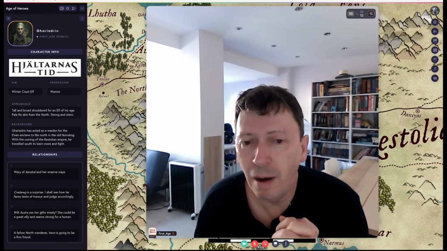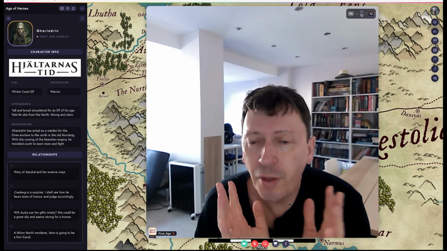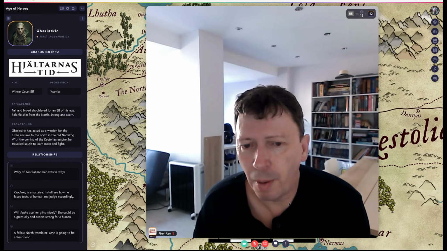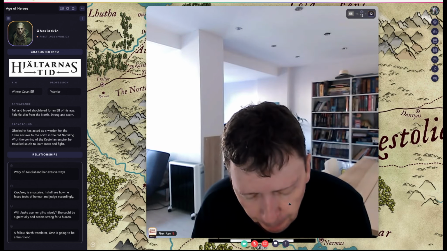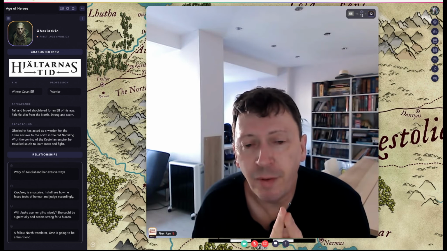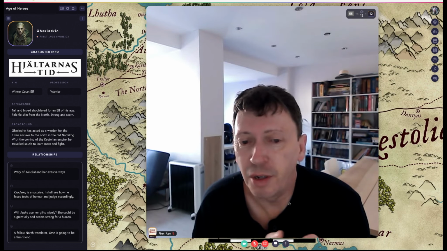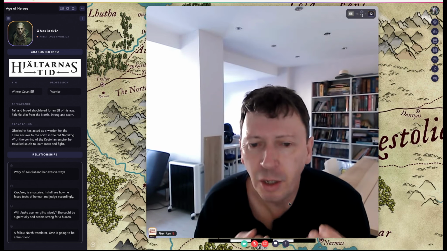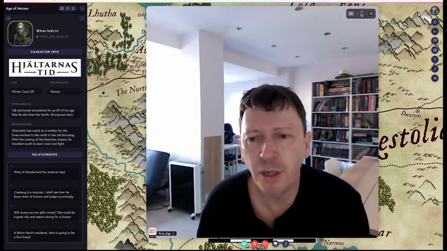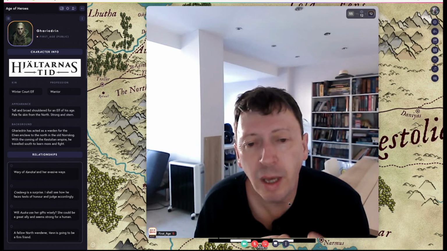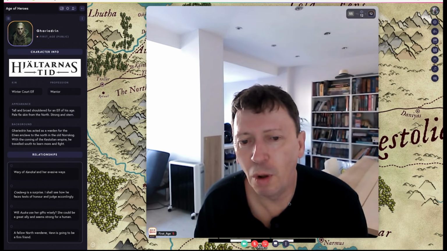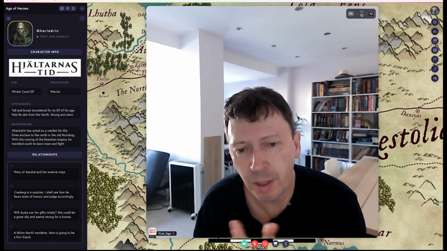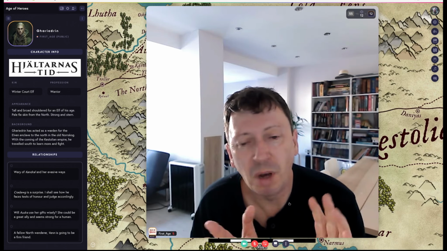Perhaps more recognisably BRP. It does things like, I think one of the other things about Hjältarnas Tid is, sorry about the pronunciation, that they don't have attributes. That the attributes are skills. It's another feature. So strength is a skill which can be improved, and again, improvement works like BRP. You tick skills that you use appropriately in the session. You then roll equal to or greater than that skill to get an increase. You roll 1d6. You increase the skill by 1d6%, and you can learn languages, talents, spells, other things.